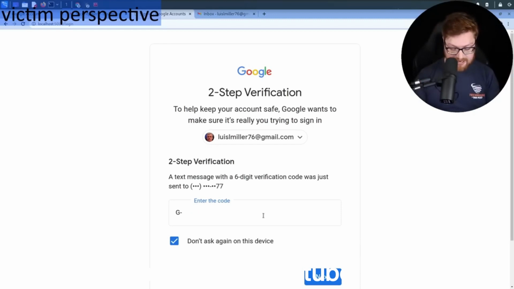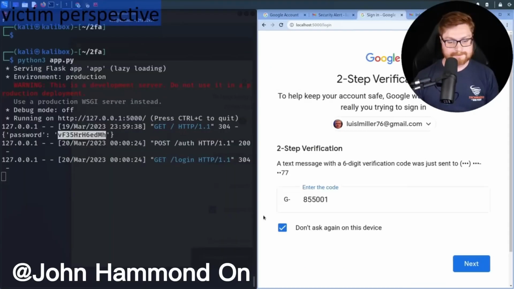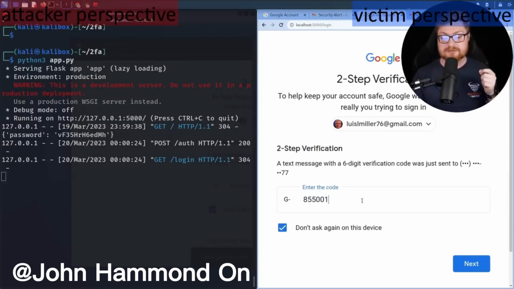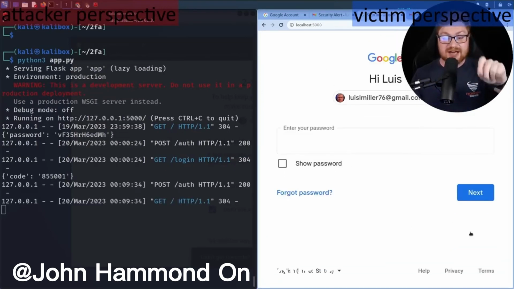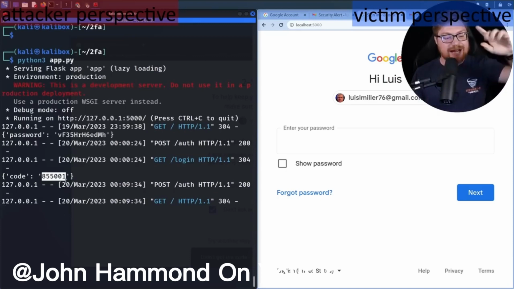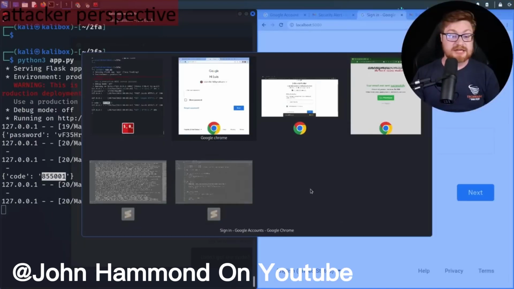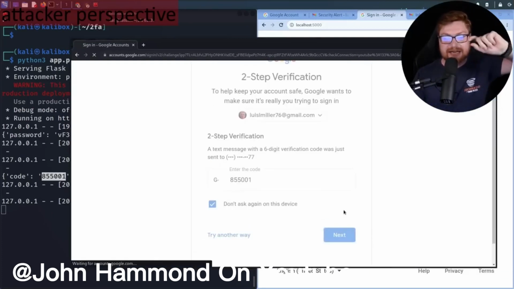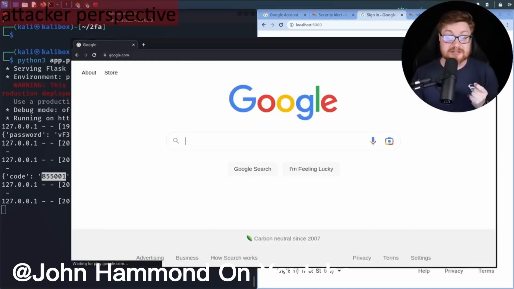Say I'm Lewis, and I enter in the code 855001. And over on the left-hand side, the attacker is ready and waiting to retrieve this, because once they hit next, they're going to be redirected back to the original login prompt. Nothing's going to happen for Lewis, but the attacker has now received that two-factor authentication code, and they can successfully log in. Let me go ahead and finish this, and now Lewis has been successfully logged in